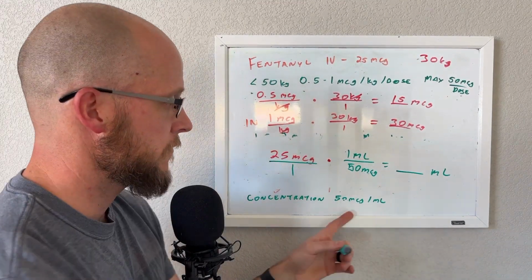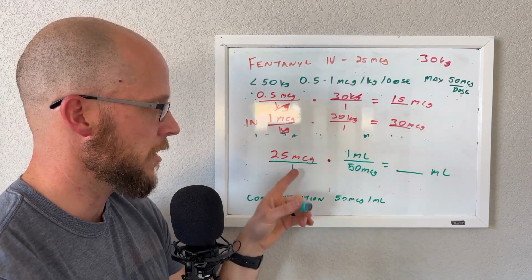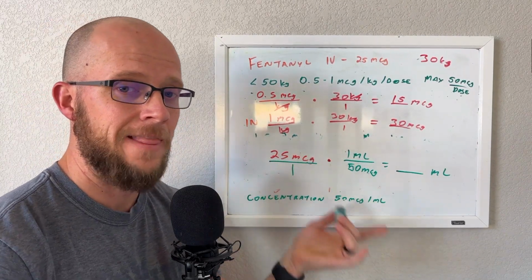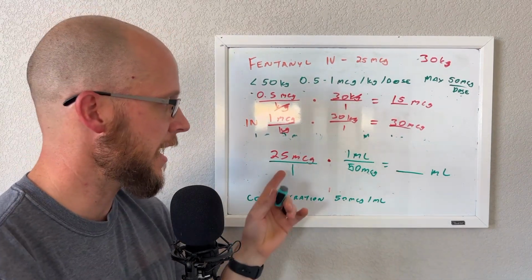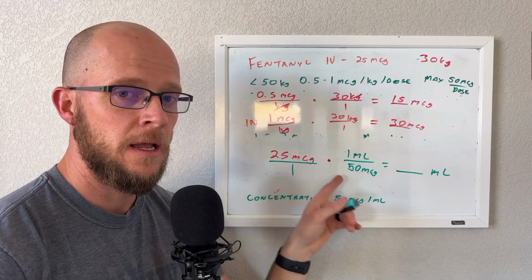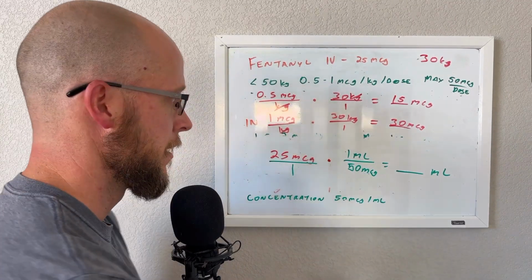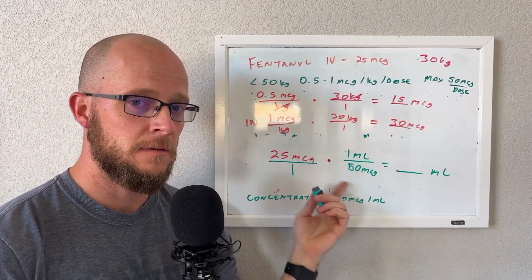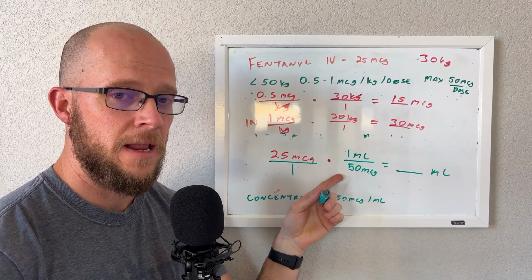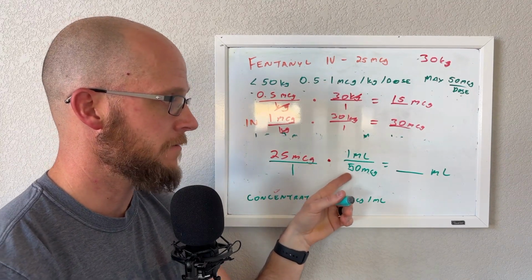Another way to do it is, if you want to still write it out as 50 micrograms per ml, just flip this one and go 1 over 25. And that'll still get you the same answer on there. I just like having it so my doctor's order's there, then I'll flip-flop around my concentration to whatever I need it to be. So then 25 times 1 is 25, right? Then you have to divide it by 50. So 25 divided by 50,